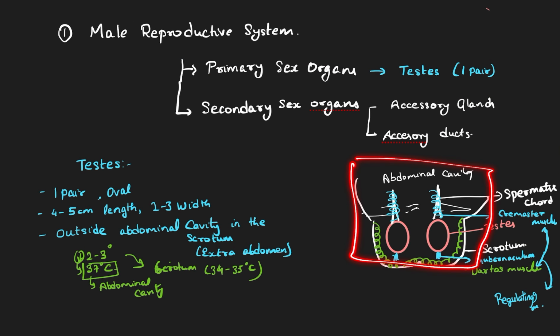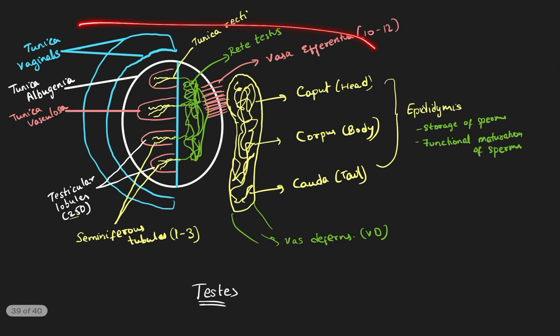First, we learned the entire outside portion. Then we zoomed at this testis. Then when you zoom into this slide, this testis, you end up on this slide. And when you zoom into this small portion, then you are going to end up into what I'm drawing right now. Okay, so this is the functional unit of the testis. This is finally what I'm drawing here. This is the structure of